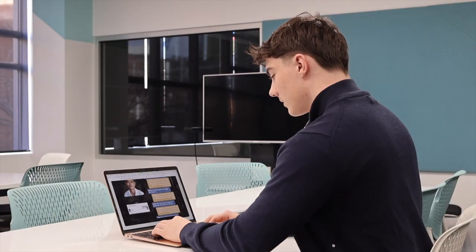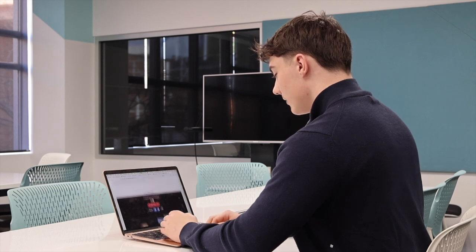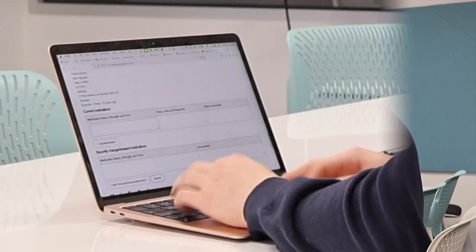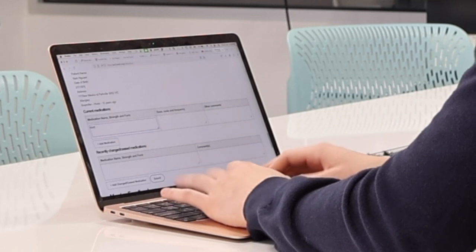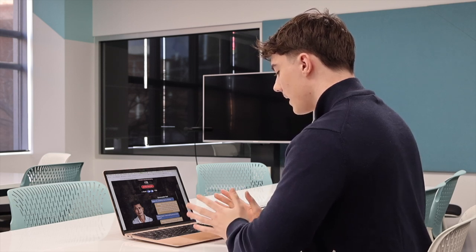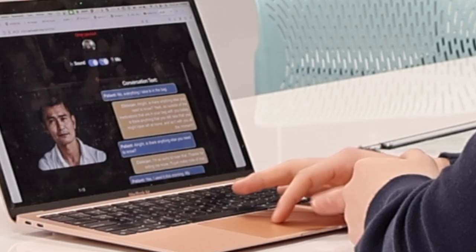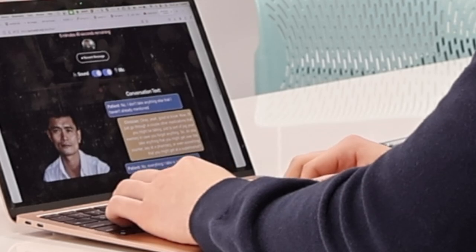Alright, I see that you've got the metformin 1000 milligram extended release tablets here. Are you still taking this one? Yes, I take 2 of those in the morning. Now, I'll just go through a couple of other medications that you might be taking, just to jog your memory in case you forget anything. Do you take anything that you might get over the counter, say at a pharmacy, or even something that you might get at a supermarket? No, I don't take anything else that I haven't already mentioned.